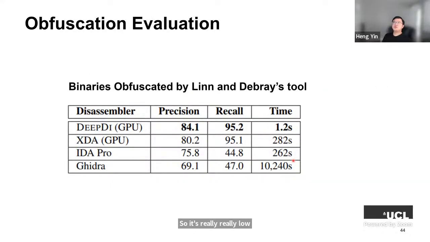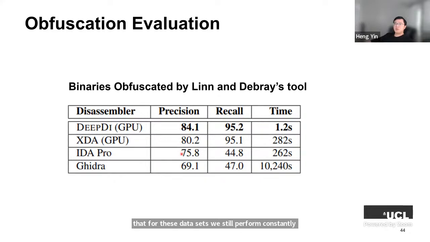And then we also look at obfuscation, right? Why do we look at obfuscation? Because if you want to apply this for malware analysis, malware detection, obfuscation is often applied to binaries. So in this case, we just show you one result where we use the obfuscator provided by Lin and Debray. So we can see that for this data set, we still perform consistently well in terms of precision